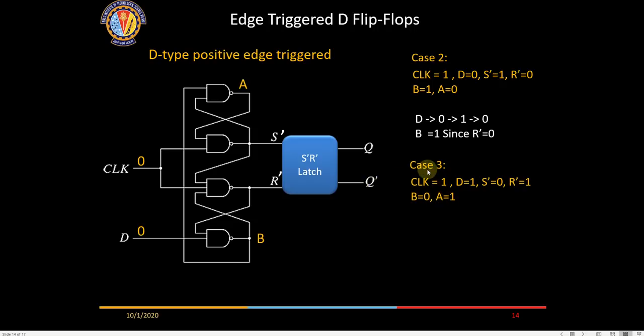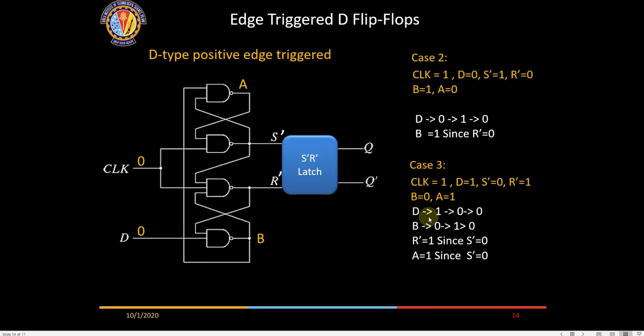So what happens? The clock is equal to 1, D is equal to 1. So in that case set bar will be 0 because this is already set to 1. So set bar will be 0 and reset will be 1. And if you have 1 here and D is 1 here, you will have a 0 out here. Okay, so in this condition D is 1 here, it will have a 0 out here, right, and A will be 1 in this condition because you have a 0 coming here, so this will be 1.